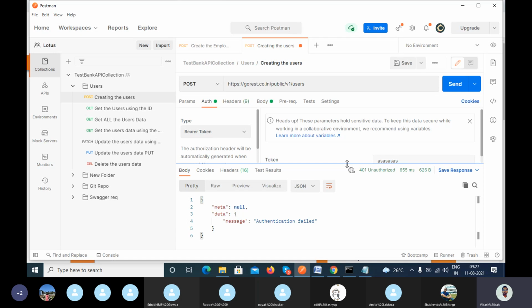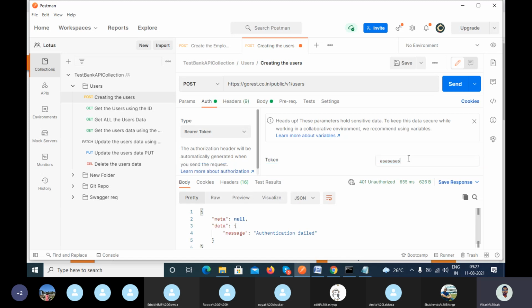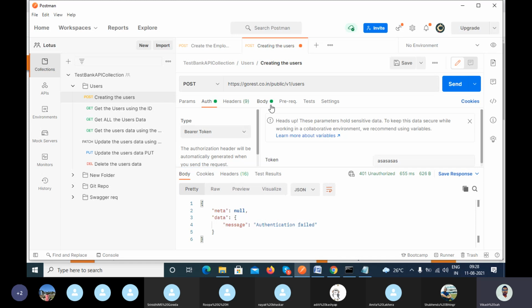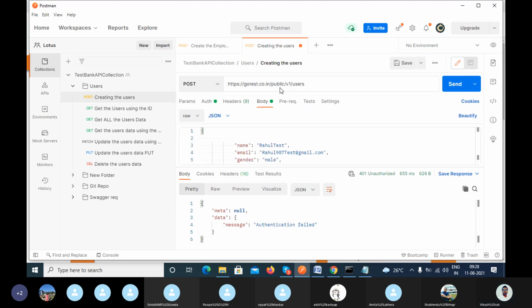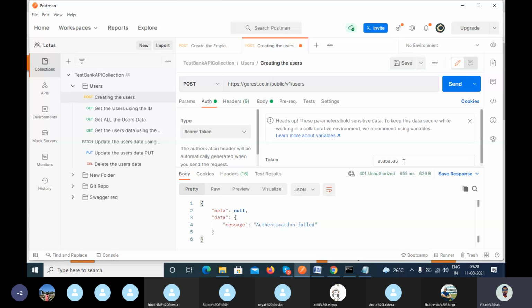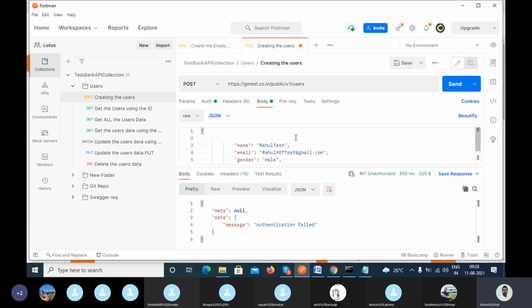Now you have the question: what is the difference between 401 unauthorized and 403 forbidden? Here we are passing something invalid, and you are trying to access this application. You are passing an invalid token and trying to create the request, the user.